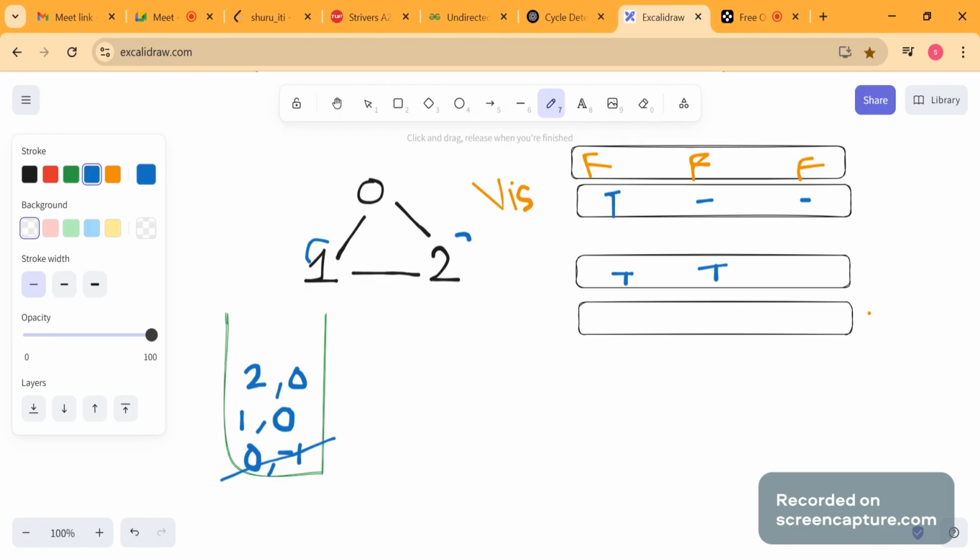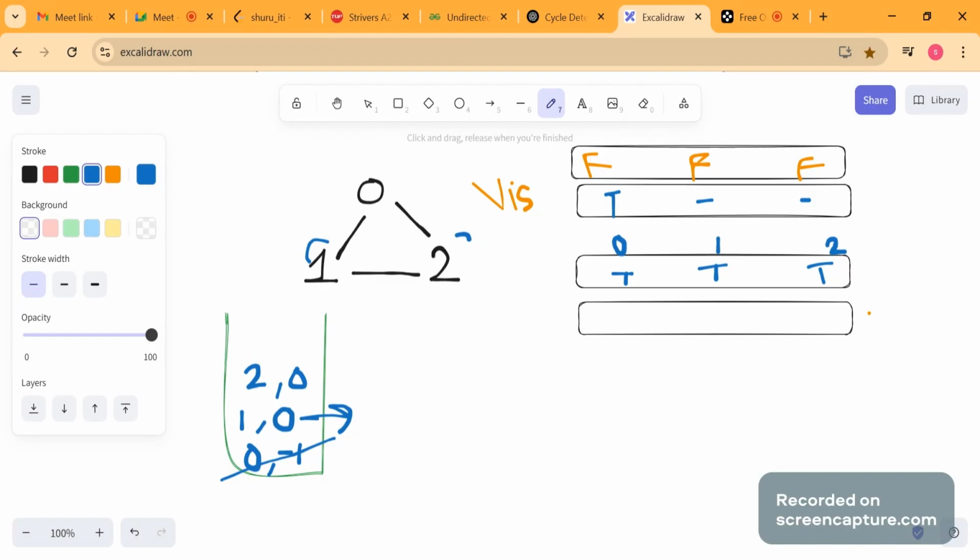Okay, now all of them are true. Now we will do the functionality for 1, this one. So if we look at this one, is it already visited? Yes, 1 is visited, right? You know the indexing form, this will be 0, 1 and 2. Now we can see that 1 is already visited. So does that mean that there's a loop? No, because 1 is visited because it came from 0, right?